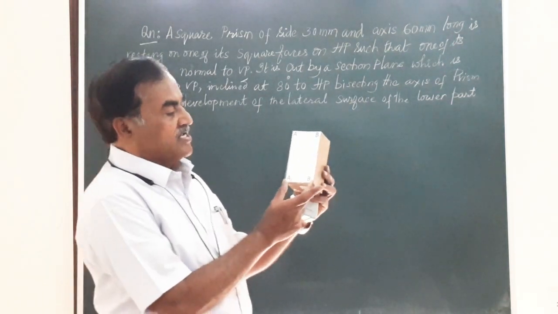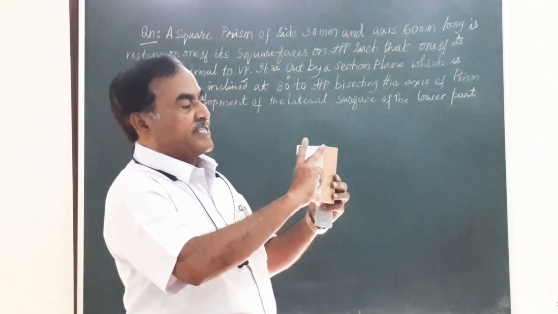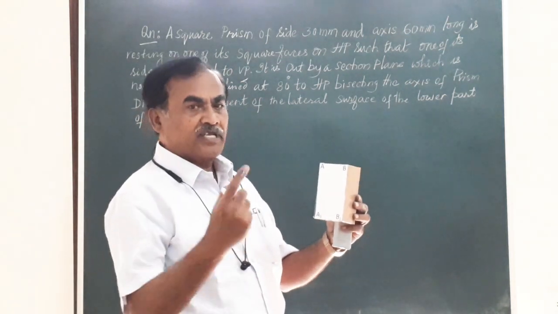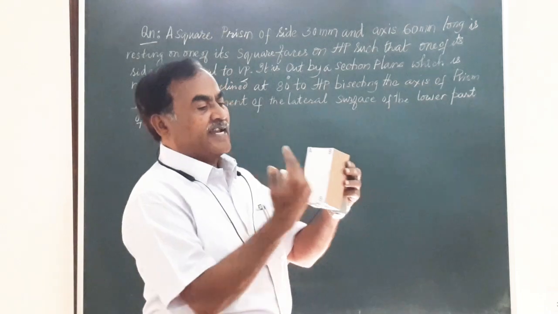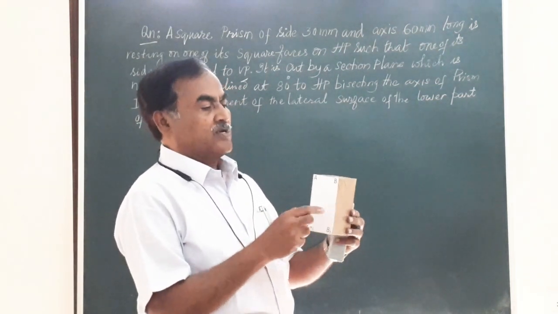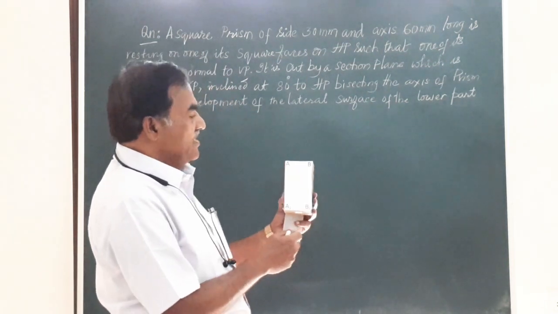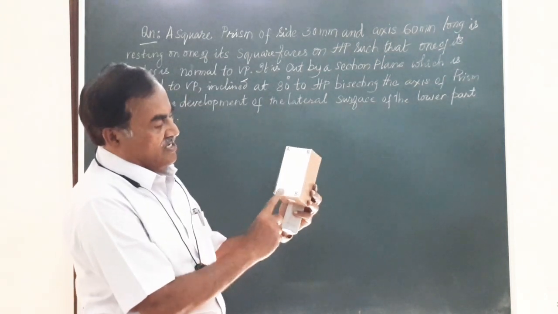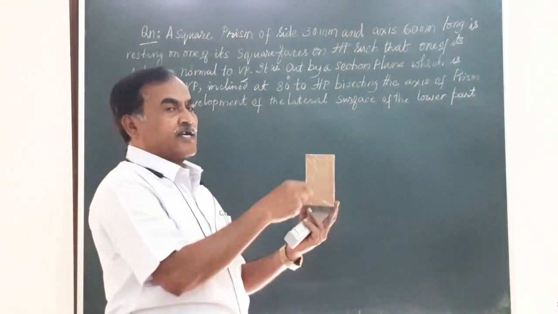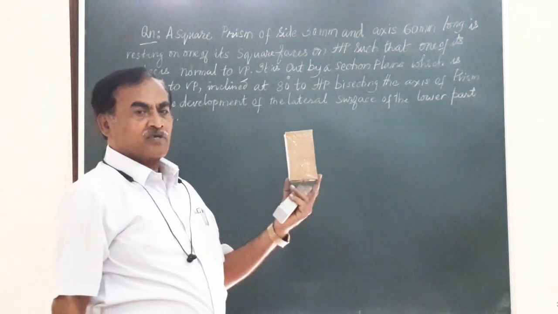The dimensions are the side is equal to 30 mm and the height of the solid, or the length of the vertical edges, are all equal to 60 mm. So very obviously on the lateral surface we will have four rectangles. So let me start the problem with this projection. I will keep the prism on HP such that one of the rectangular faces, or one of the shorter edges A1, B1, is normal to VP, and obtain the corresponding top view and front view of the solid.